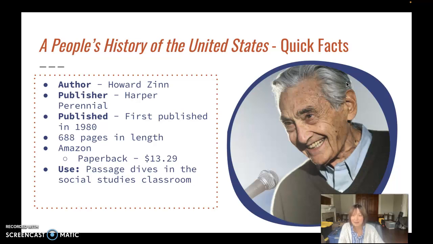The publisher for this book is Harper Perennial, and it was first published in 1980. It was published several times, all the way up until 2003. He continues to add to the book as big moments in history continue to happen. But the book that I have, even though he passed away in 2010, was published in 2015. The only reason it's any different from the 2003 is that it has a new